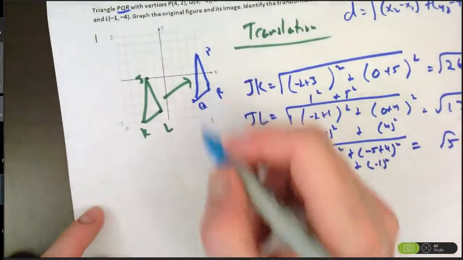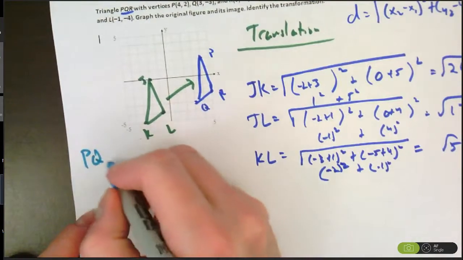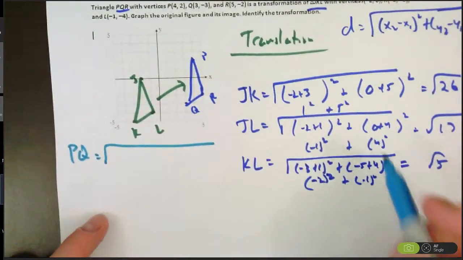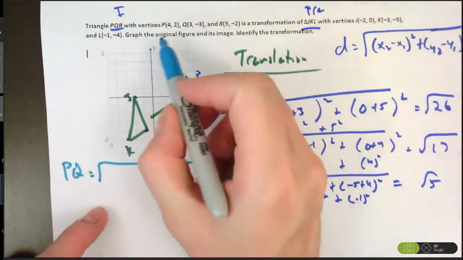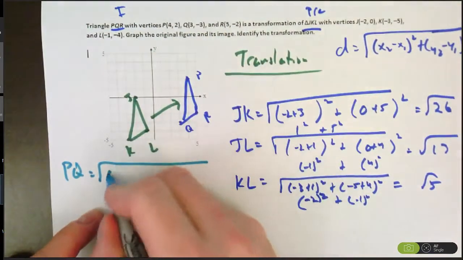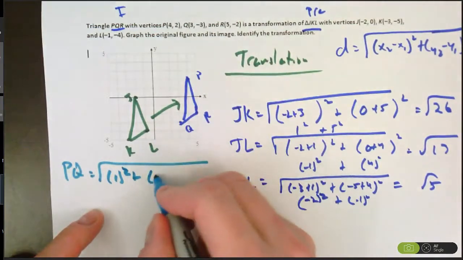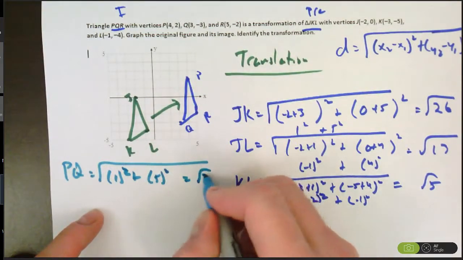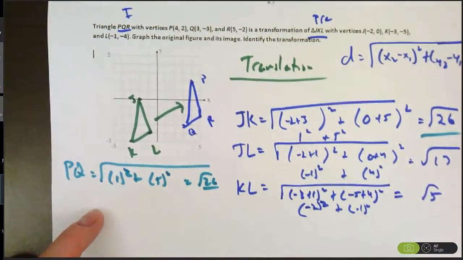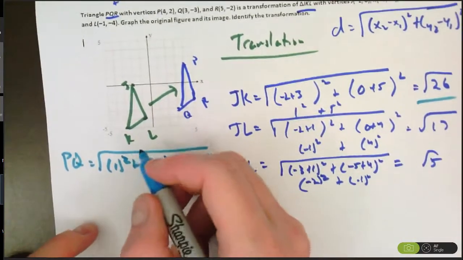So let's do PQ first. I'm going to be really fast and loose with this one. It's 4 minus 3, which is 1 squared, plus 2 minus -3, which would be 5 squared. So I'll get root 26. Hey, root 26, they matched up. I will do then QR,